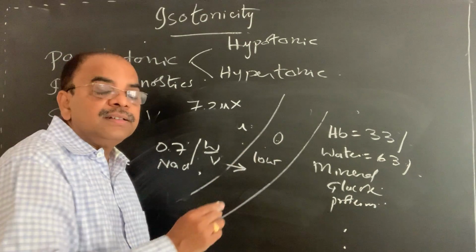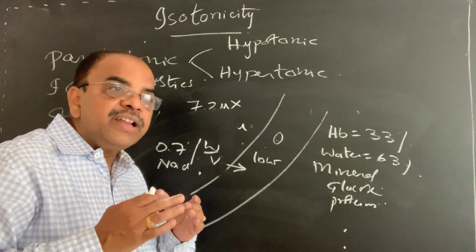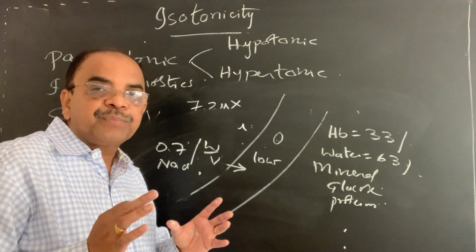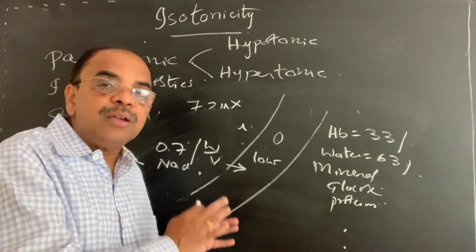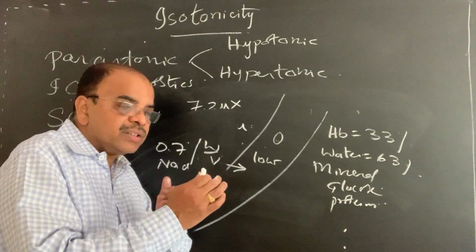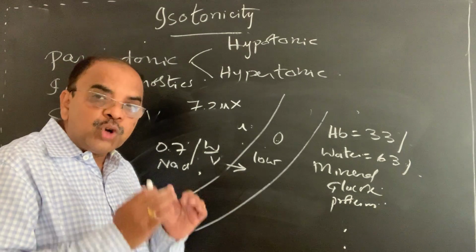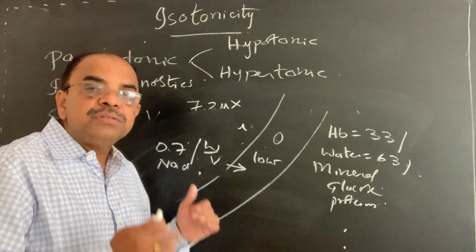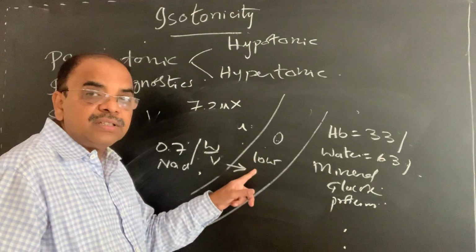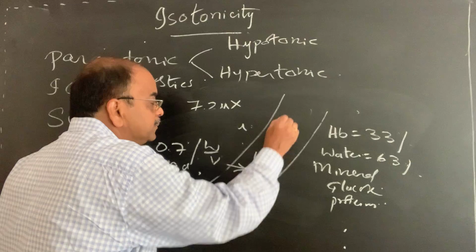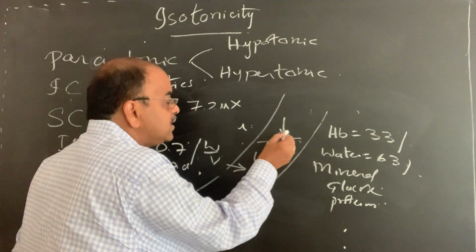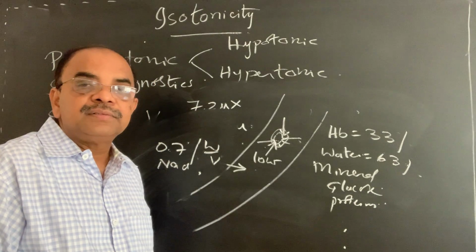Here there is no osmotic condition, no isoosmotic condition. It happened because of the injection of the hypotonic solution. Because of that, to maintain the osmotic condition, the water moves from low concentration to high concentration. Where is this low concentration? Outside the RBC. The water goes inside the RBC. What will happen? RBC size increases.